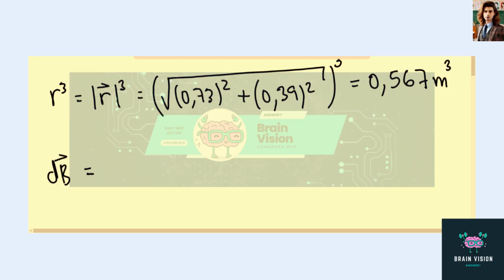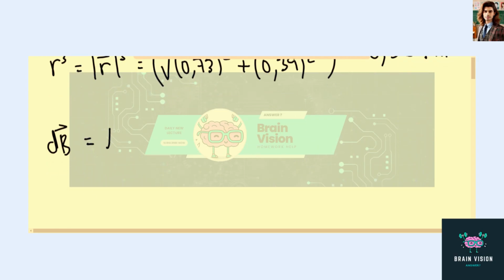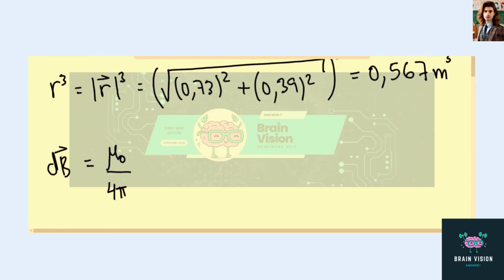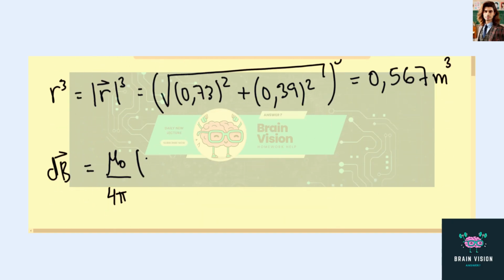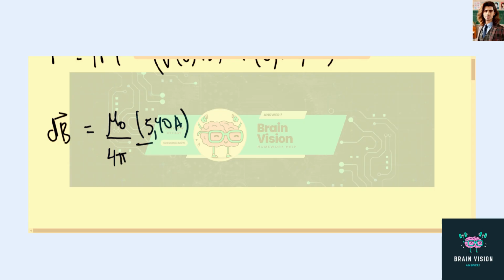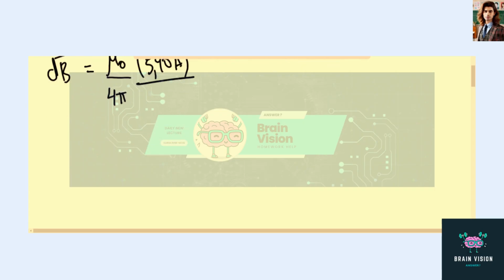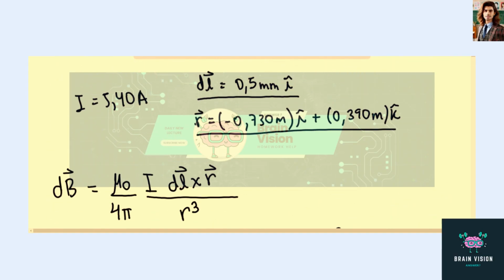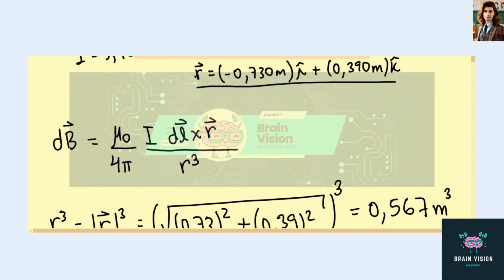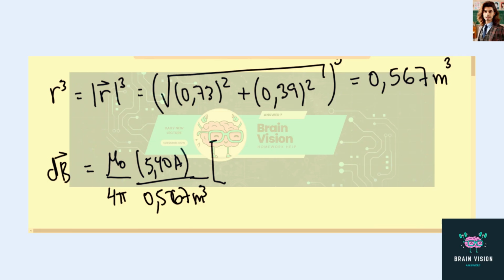So with this, we can just plug all of the information in the differential of the magnetic field, vector of the magnetic field. So we will have mu sub 0 over 4 times pi. We'll have the value for the current, and this over the distance cube. Now in here, I'm gonna put the product between these two vectors, the L and R. So we will have the following: